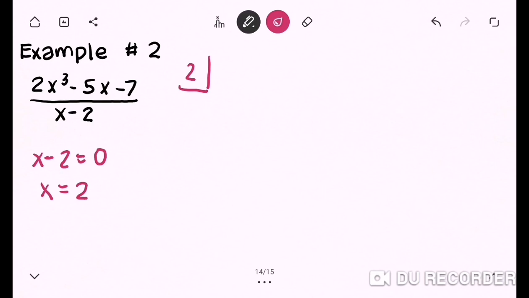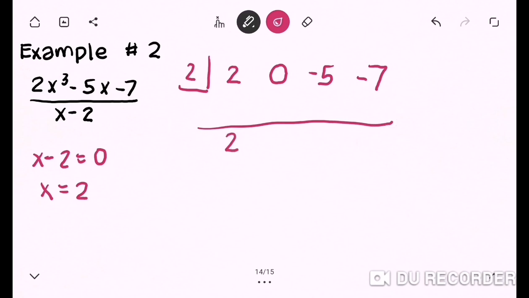So, we have a degree 3 followed by degree 1. So, ibig sabihin, meron tayong missing na degree 2. So, in that case, kapag merong missing, we'll replace that by 0. Then, we can now write negative 5 and then negative 7. Okay. So, first step, bring down our first entry, which is positive 2,